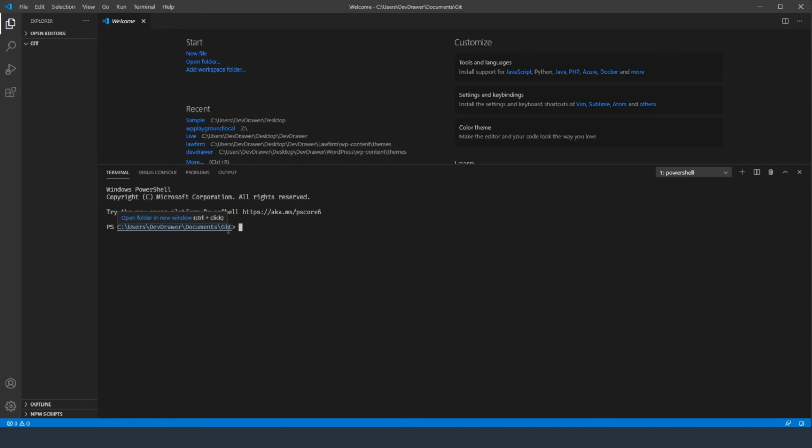You can use it if you want to, but that's just a personal preference of mine. So while we're in this window, let me switch over. I'm in the folder now that I needed to get to. This is the Git folder that I created earlier, and I'm going to switch back over to my browser here,